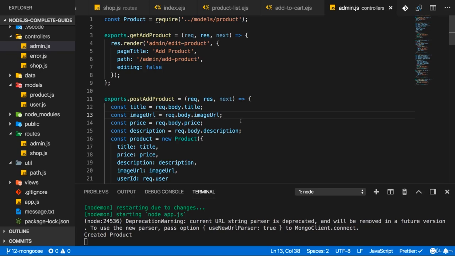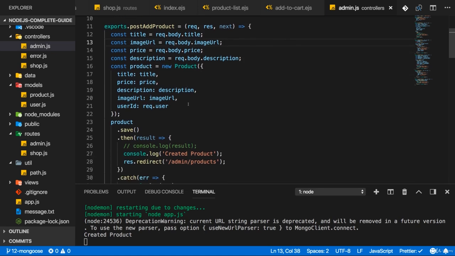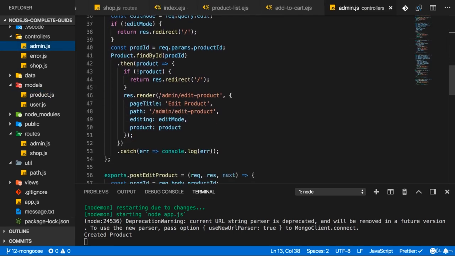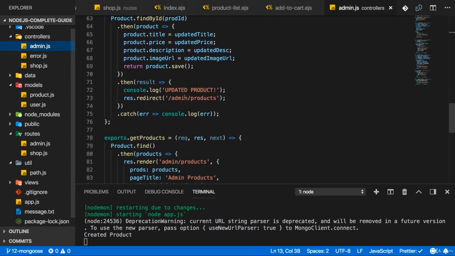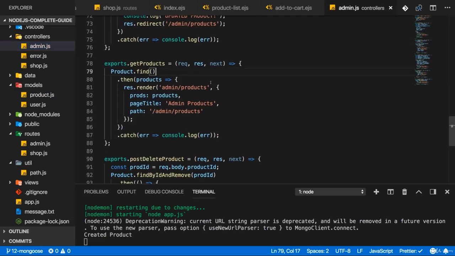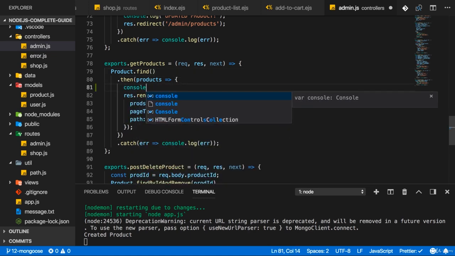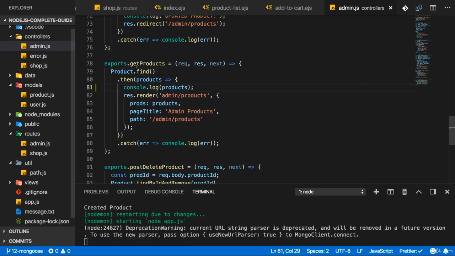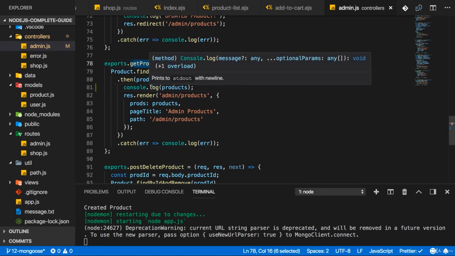I want to show you something which we don't need here, but which is really neat and which you should be aware of. Keep in mind that in our product model, we're storing a user ID. Now let's say when we fetch all products, as we're doing it in the admin controller in get products with find, we actually want to get all the user data for the related user and not just the ID. Because right now, if I console log my products here in find and get products in the admin controller,